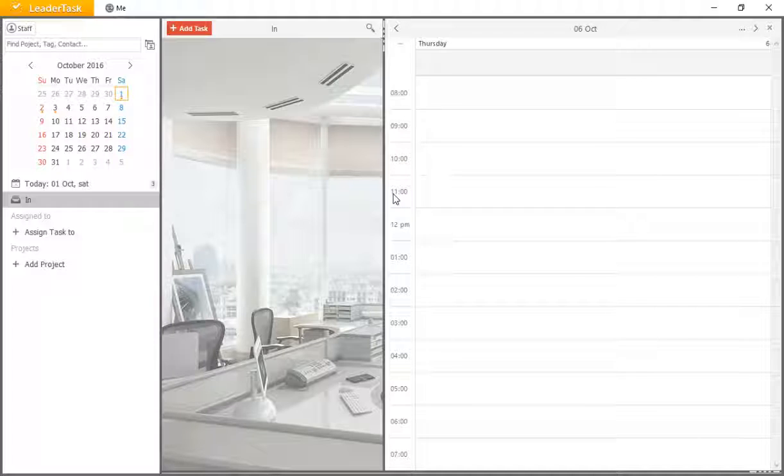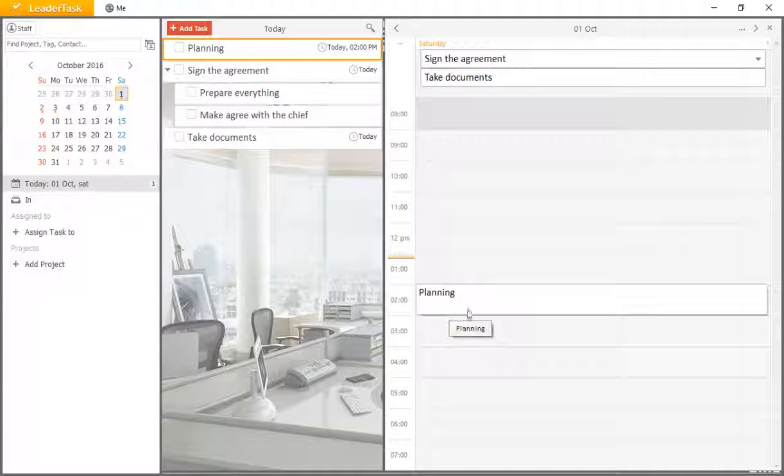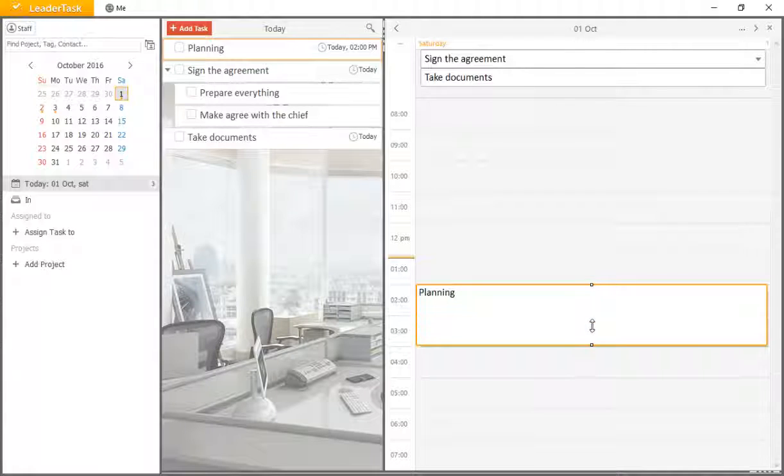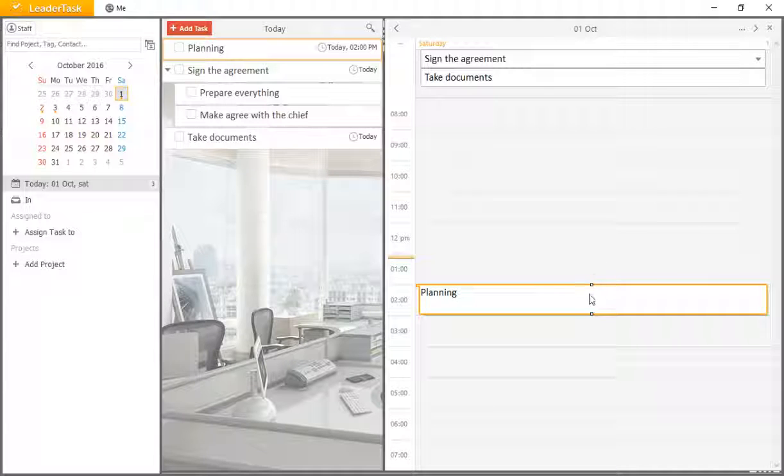Well, this area is needed to plan your meetings, your fixed by time tasks, and so on. If you have some meeting in your today plan, for example, planning is the meeting and you have it strictly, for example, at 2. Well, you can change its duration by holding this line and moving it down or up with the mouse,